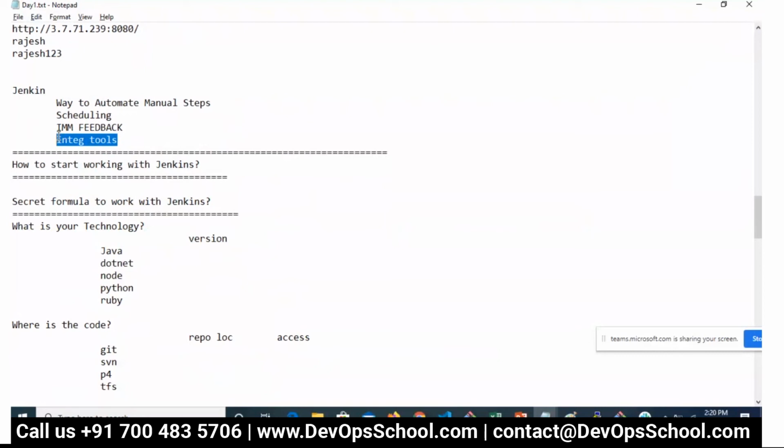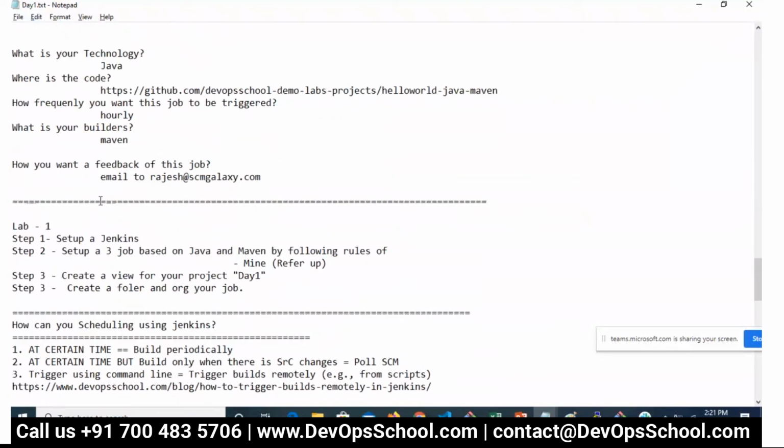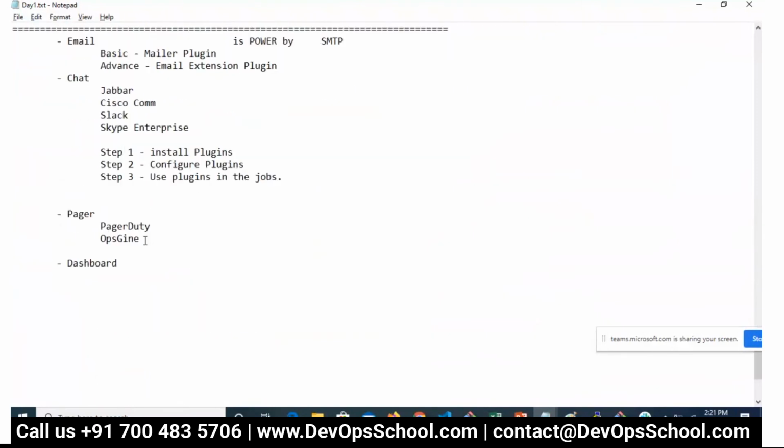In fact, dashboarding, there are two kinds of dashboarding I'll show you. One is a pipeline, and another one is a build pipeline. Both the dashboarding I'll show you. So integration and pipelining, we will do that tomorrow. That is tomorrow's topic. So here, tomorrow day 2, we will talk about integration,